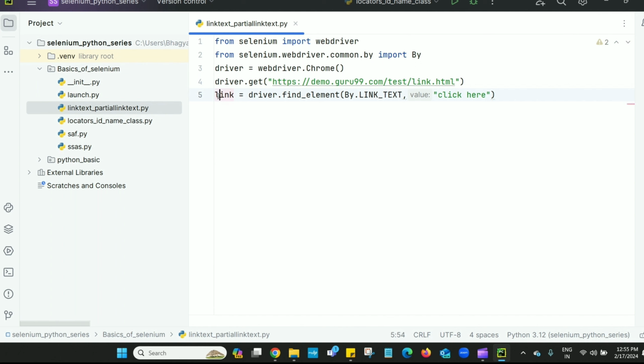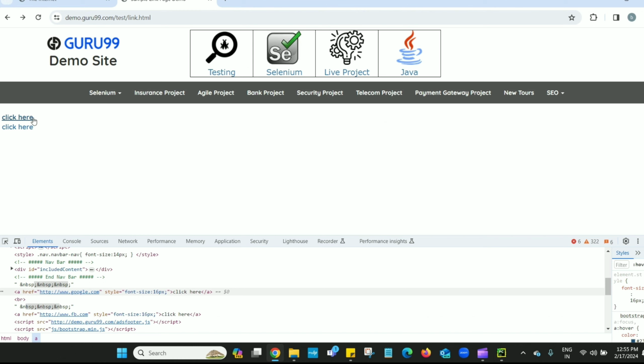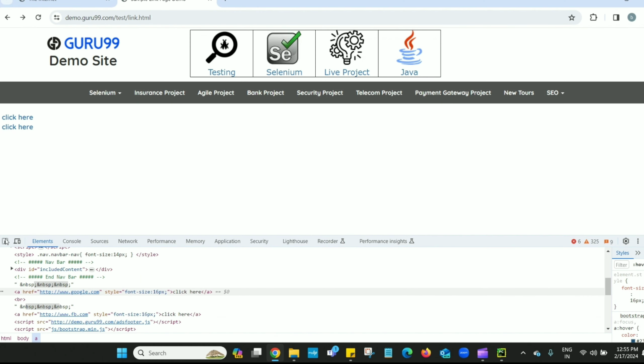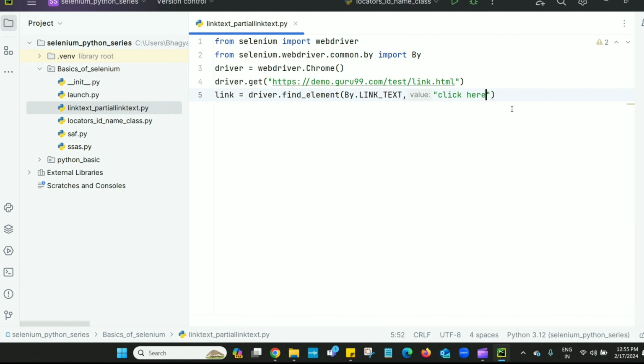Now I have used this link as a web element, and by using link text I have passed this text value, click here. You have to give the exact name. From the DOM also you can give this exact same name. If there is a space, then it is better to take it from the DOM.